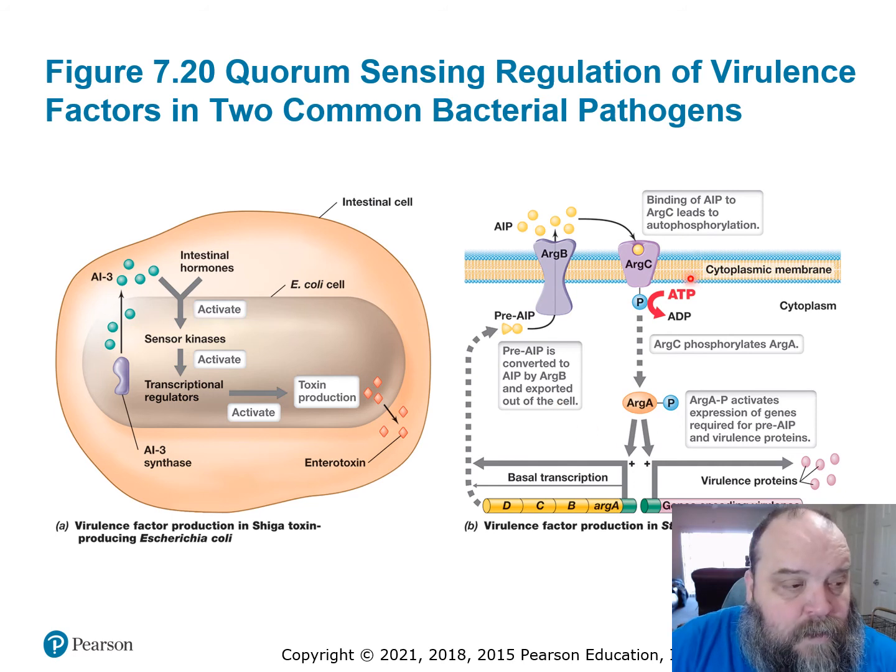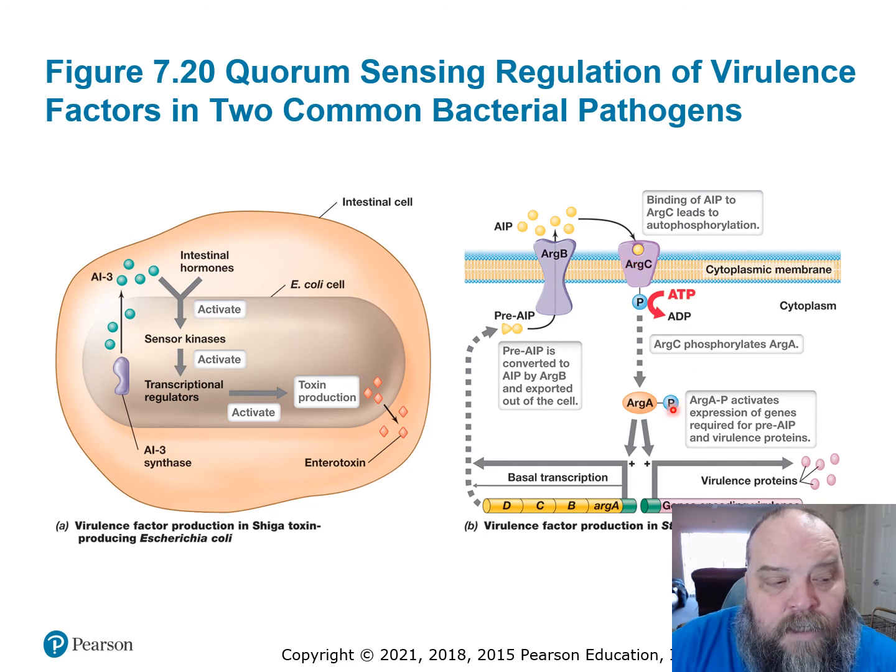The Staph aureus example. Under normal conditions, what they call basal transcription. So there's a certain level of transcription that is occurring. We see that AgrA, B, C, and D are being produced. Our AIP, our auto-inducing peptide, it's pre-AIP, which means it hasn't been cleaved and cut up yet. It is produced. It's cleaved and whatnot. AgrB pumps it out. It accumulates in the extracellular environment. Some of it will then bind to AgrC,